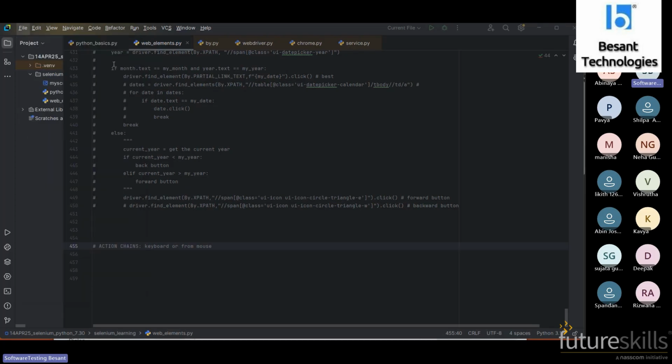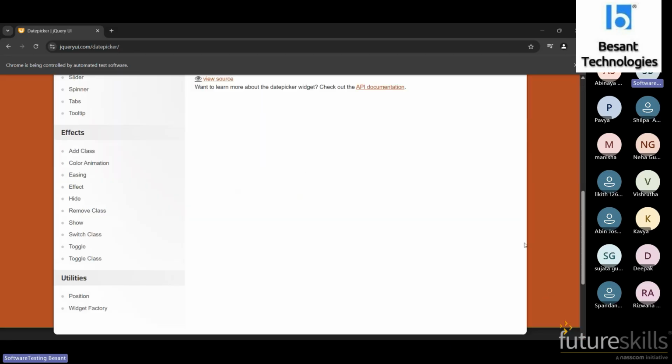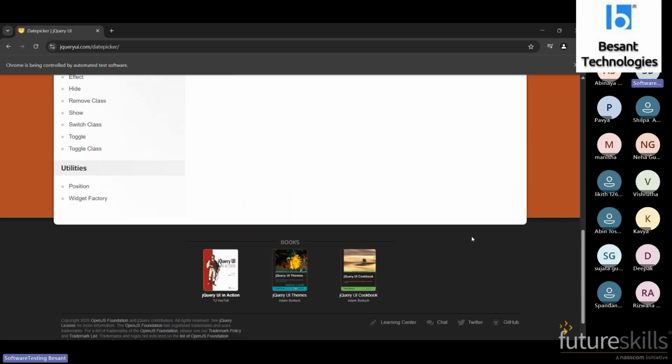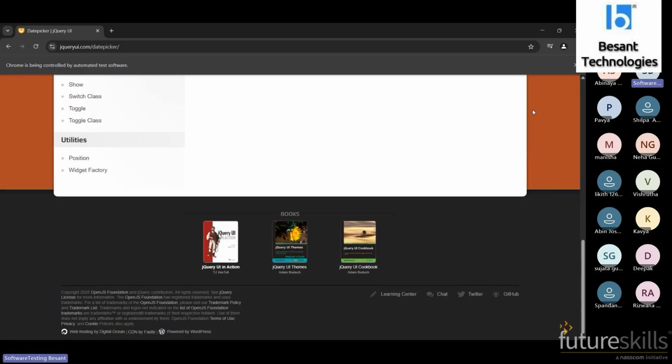Likewise, the web table has some shortcut keys. For example, I want to come down. See here, this page has not ended here, correct? It has some more things down. If we want to move down, not using the scroll, then what will we do? There is a page down option. Using that page down key, we can come down. See, it is working.